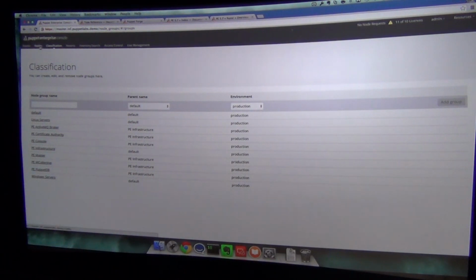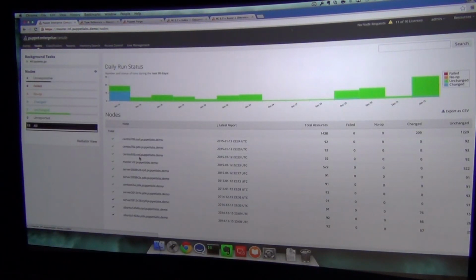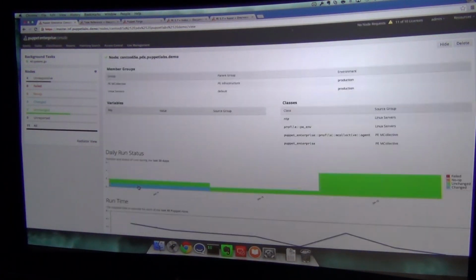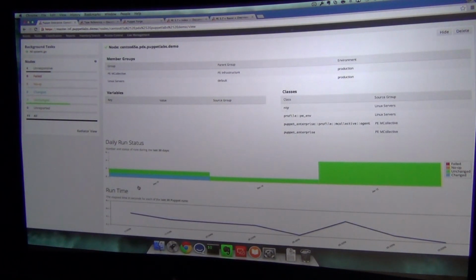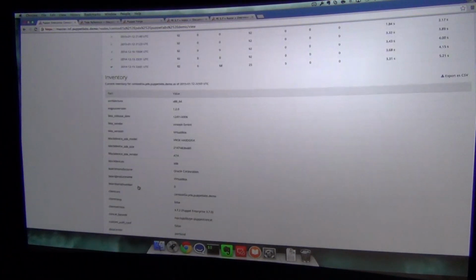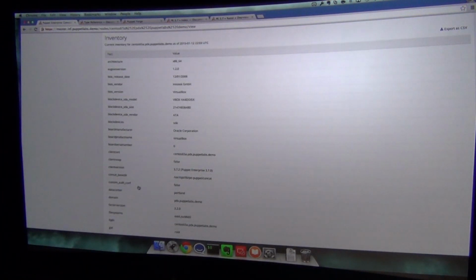Oh, before I do this, sorry, forget that. One other thing I want to show you is the Factor facts that we're collecting from the agent every time it runs. So you may have heard a couple of people today talking about facts and the Factor tool. As I mentioned, Puppet Enterprise is kind of this comprehensive tool that has a lot of other open source tools and projects bundled in together with it. Factor is one of those tools. So every time the Puppet agent runs, Factor collects these facts about each of these machines and sends them back to the master. And the values of these facts are updated every time the agent runs, so we're always up